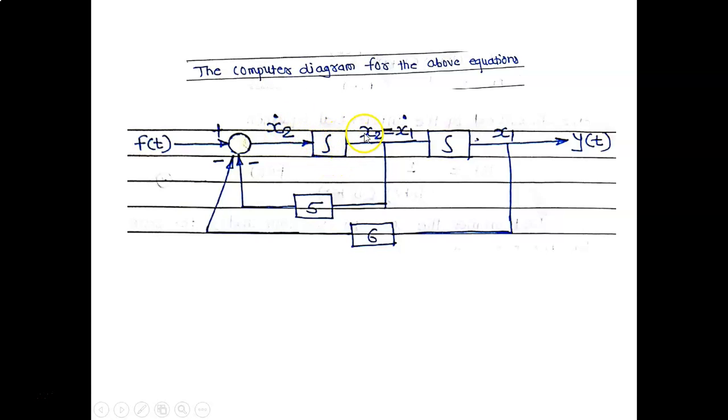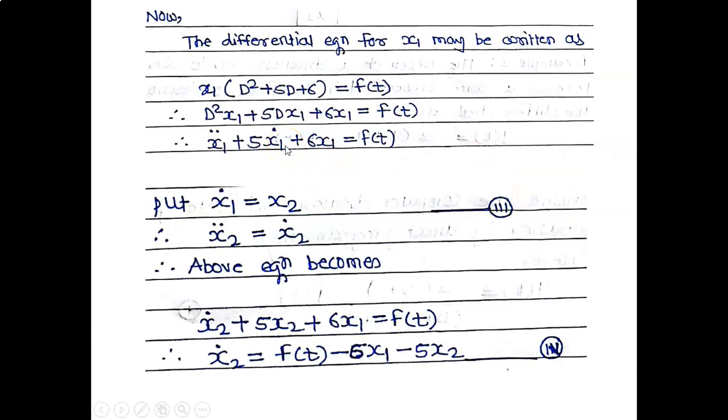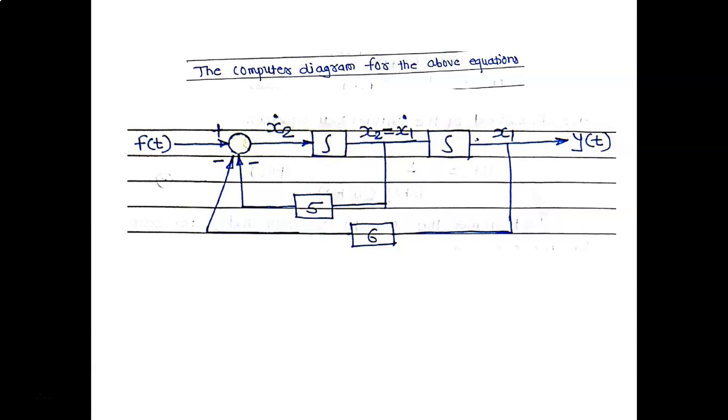Integration of x2 dot is x2 which is equal to x1 dot. Similarly integration of x1 dot is equal to x1 which is equal to y(t). Therefore y(t) is equal to x1. Now we have to write down the values, that is x2 dot is equal to, what is x2 dot? f(t) minus 6x1 minus 5x2. x2 dot is equal to what? f(t) minus 6x1